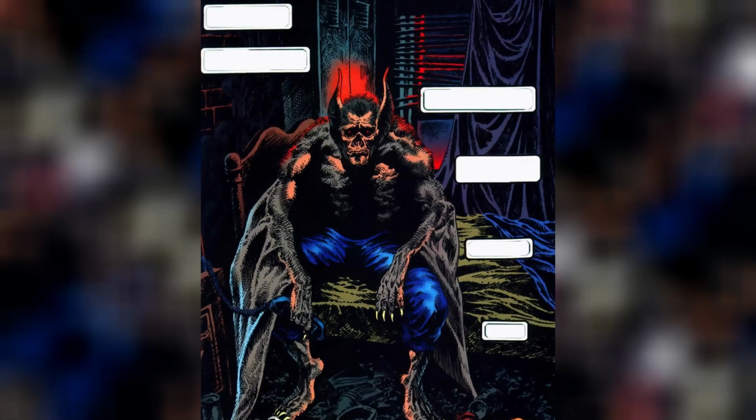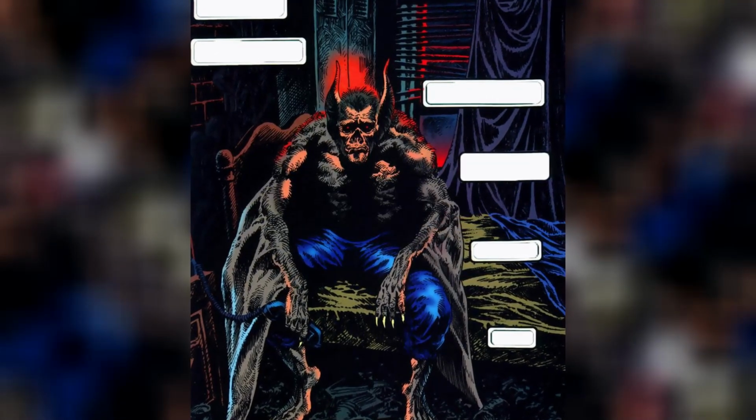And now that we have covered almost every intricate detail of Man-Bat's physiological feats, we come to the very end